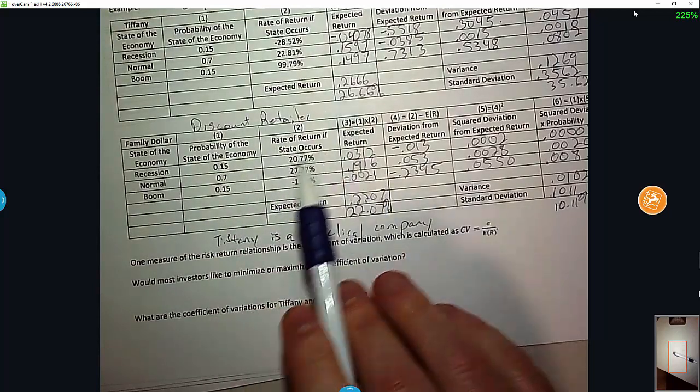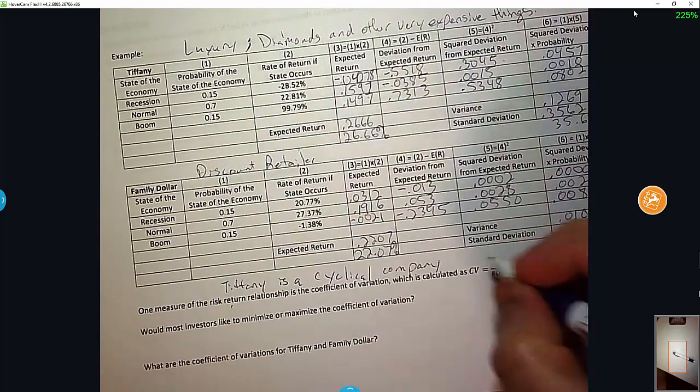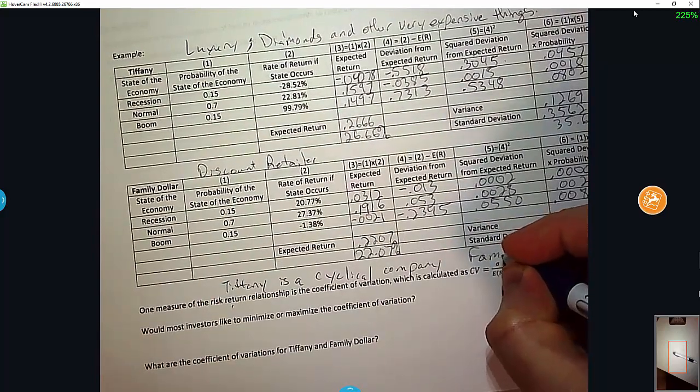To truly be counter-cyclical, we would expect the return during the recessionary times to be higher than the normal, and then the normal to be higher than the boom, but it's pretty close here. So Family Dollar is somewhere between a non-cyclical and a counter-cyclical company. Probably closer to counter-cyclical because of this. So why is that? Why are these things happening? So I'm just going to put down here Family Dollar